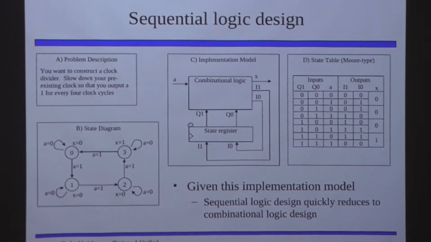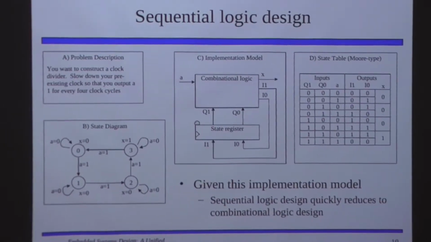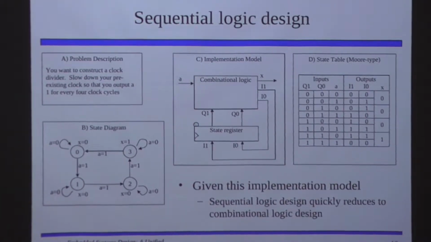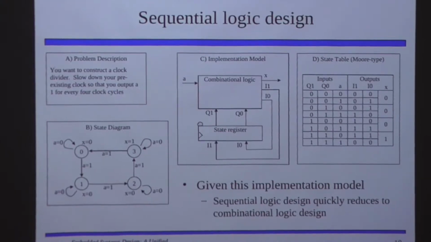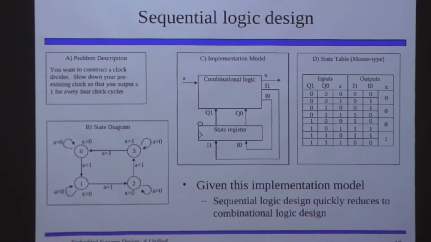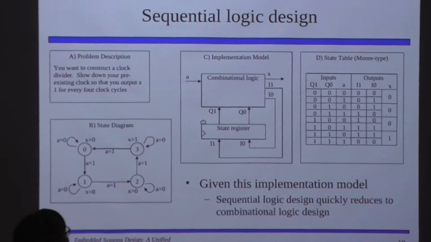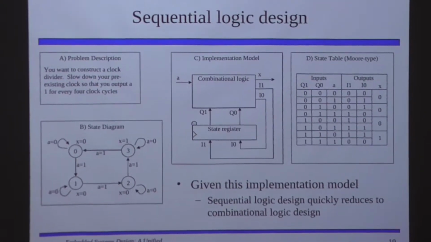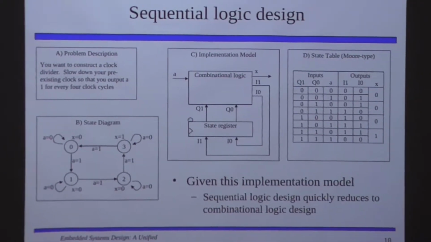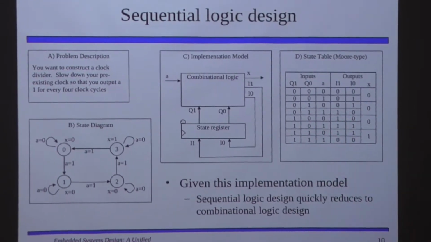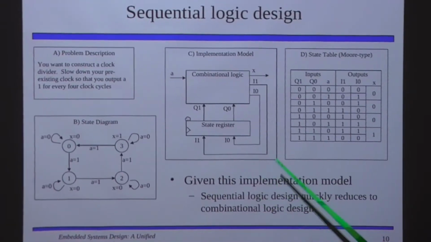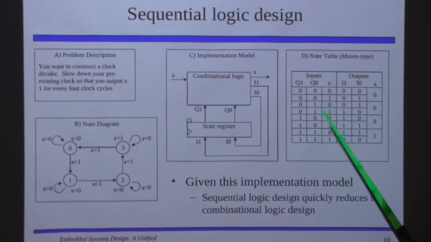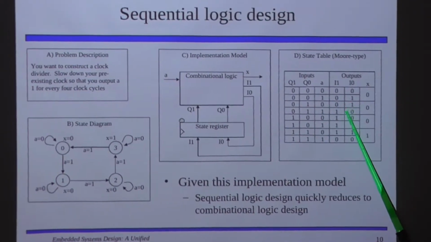So, let us examine a case study in logic design. Problem description: you want to construct a clock divider. Slow down your pre-existing clock so that you can output 1 every 4 clock cycles. We may consider this a fixed prescaler. So this would be basically the guts of the prescaler module of the real-time clock,